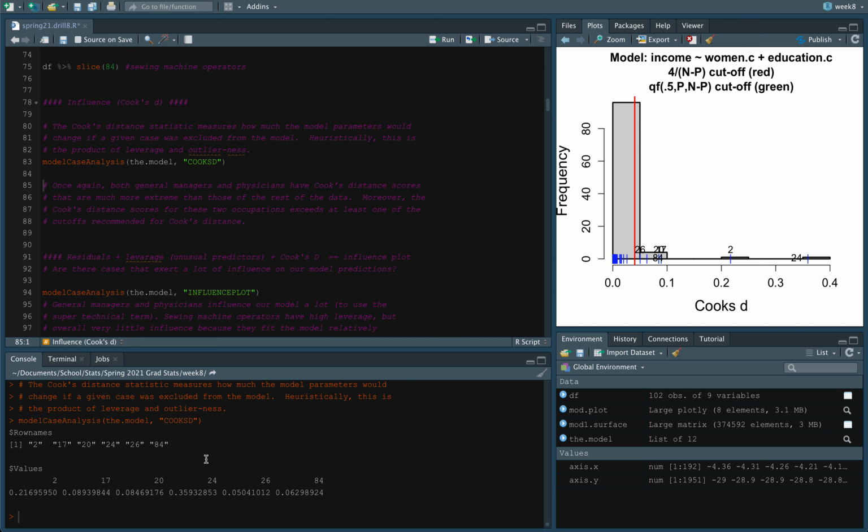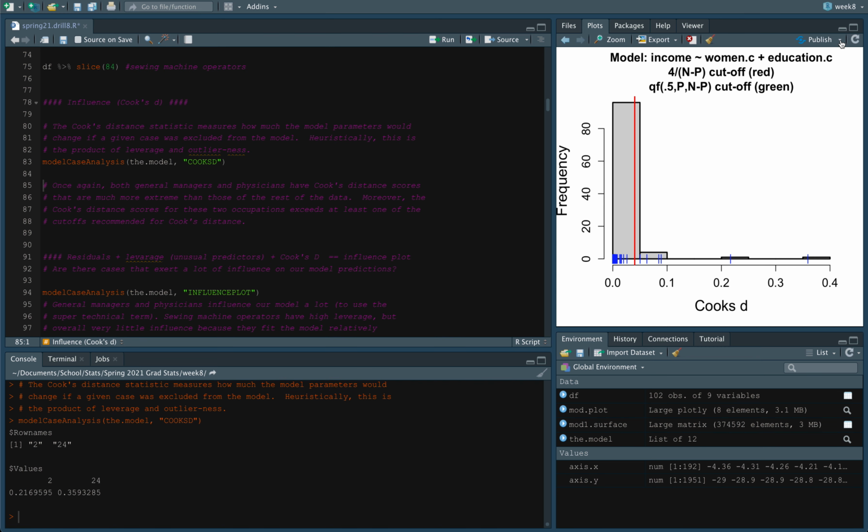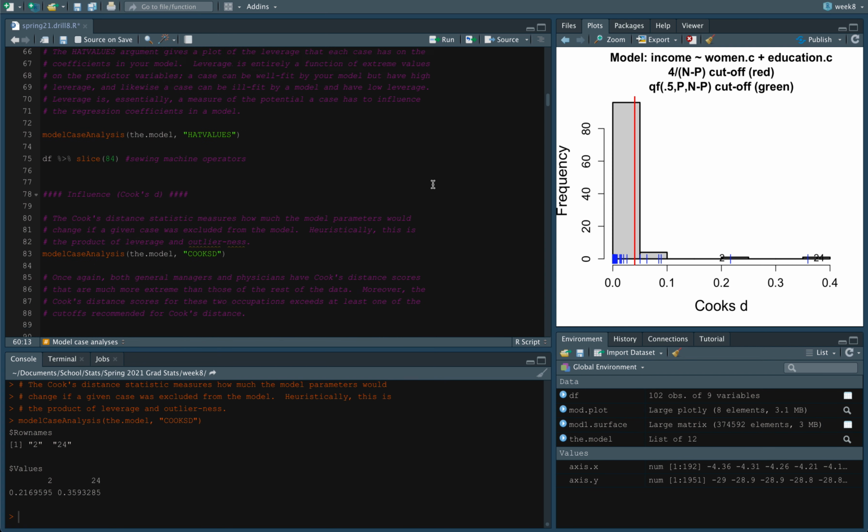If you were wanting to look at all of those different things, let's just say we were going to go with that red as our cutoff line and wanted to inspect which of these things are above that red cutoff line, just click on them and then click finish, and it will tell you which ones you clicked on. If we look at that again, let's look at these two that are way out there. These are past this cutoff, but these two are pretty clearly in separate clusters as far as Cook's D. And unsurprisingly, it is 2 and 24,